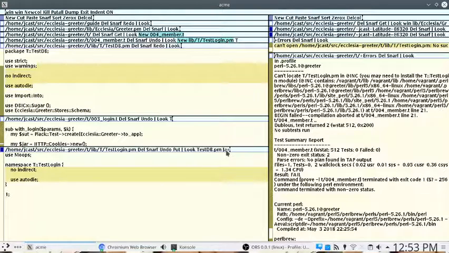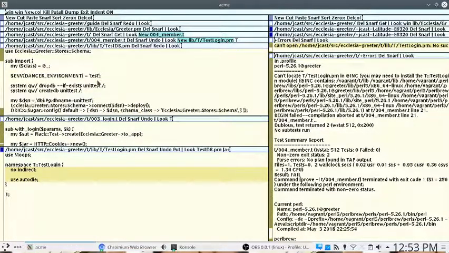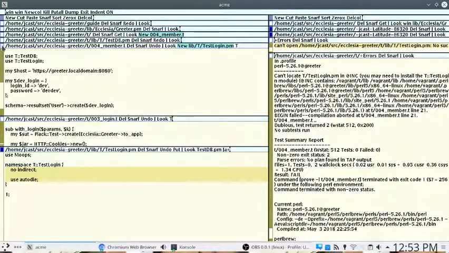You may know moops as an object-oriented syntax sugar, but it also has a procedural syntax sugar, which you can use here. And so what this is going to need is